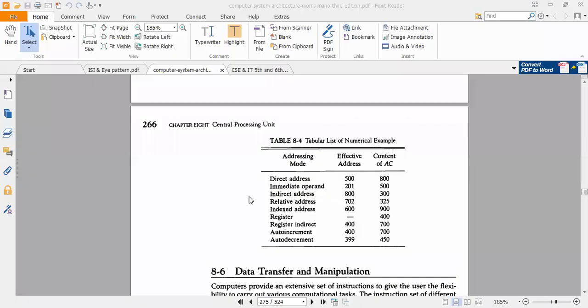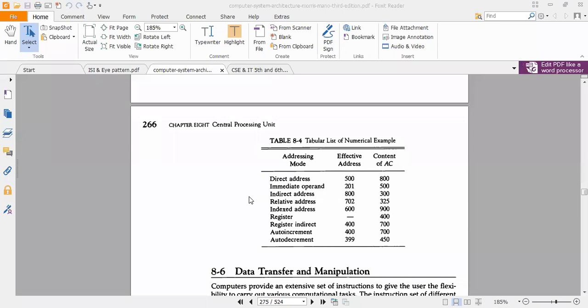So already in our last class we completed different sorts of addressing modes with different examples. I have clearly mentioned everything: the process of addressing modes and their effective address calculations.